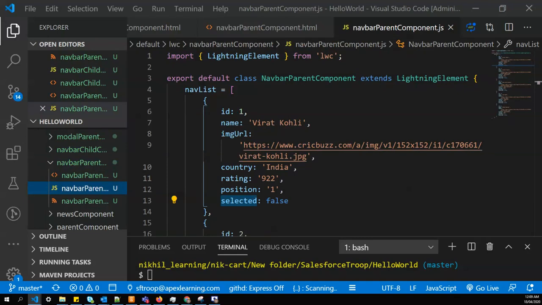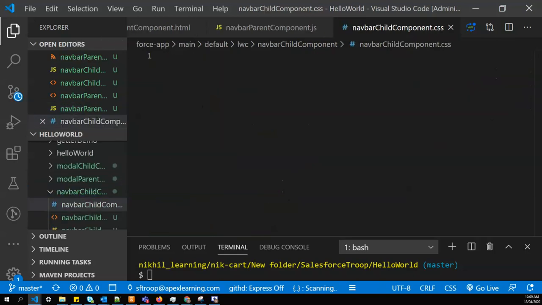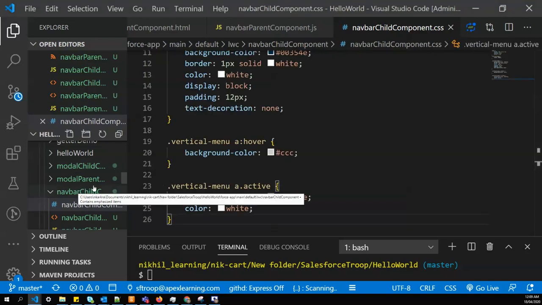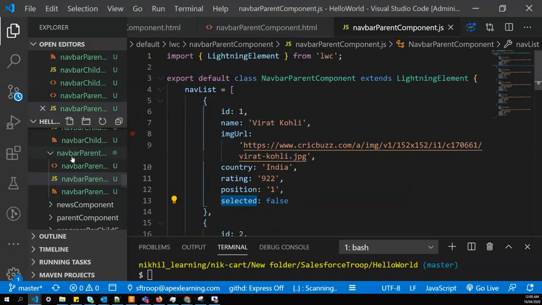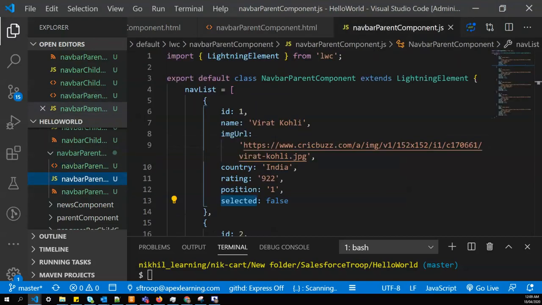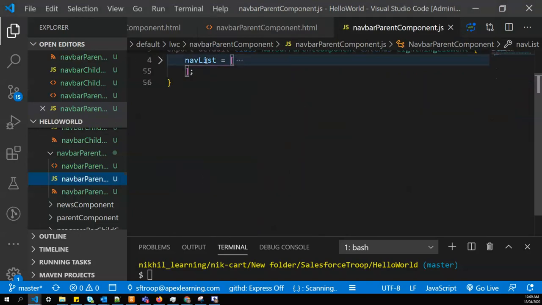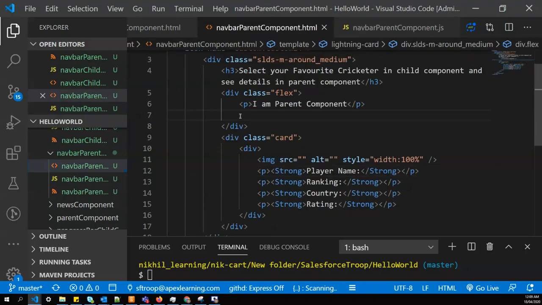and before that I'll create the child component CSS, nav component dot CSS. So our CSS is ready now. I'll go to the parent component. In the parent component, my array is already there within the nav list. So this nav list we want to pass to the child. So let's call the child component here